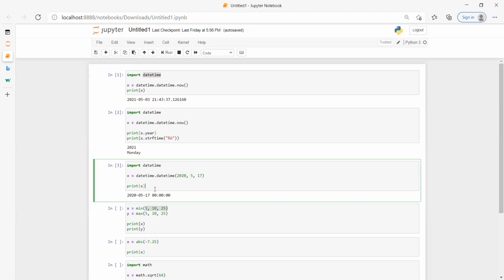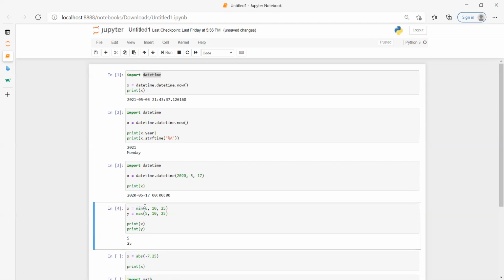I have a function called min. When you give it a set of values, it gives you the minimum value. I have a function called max. Max will provide you the maximum from the list of values. So when I print, out of this 5 is the min value, and 25 is the maximum value. That's the reason it gave you the min and max values.